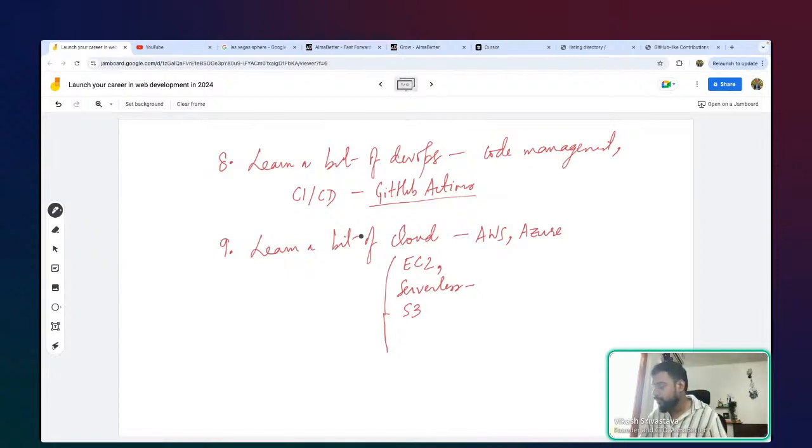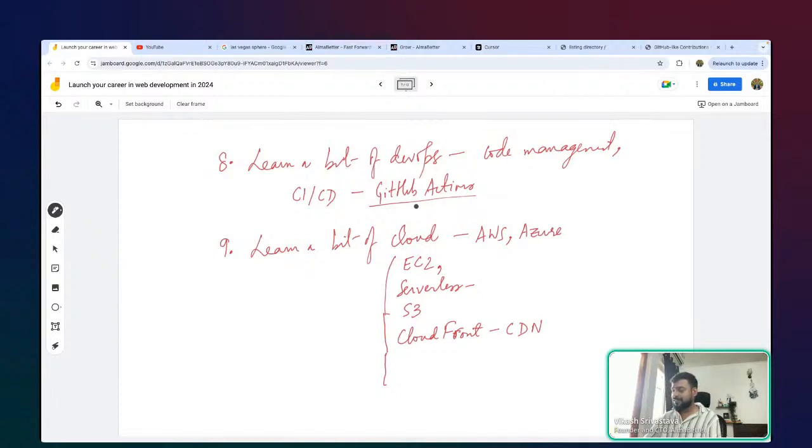You might also want to read about CloudFront, which is a CDN. So you might want to learn about what a CDN is. It is short for content delivery network, and this is again a very important concept. There are tons of other services which these cloud providers provide, and this is just the very basics.